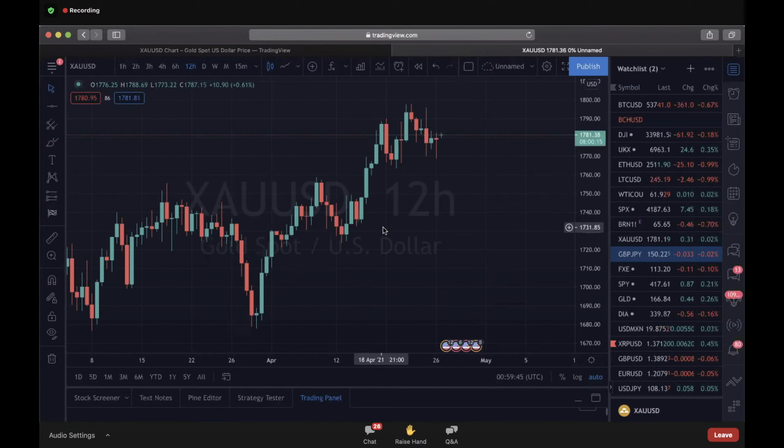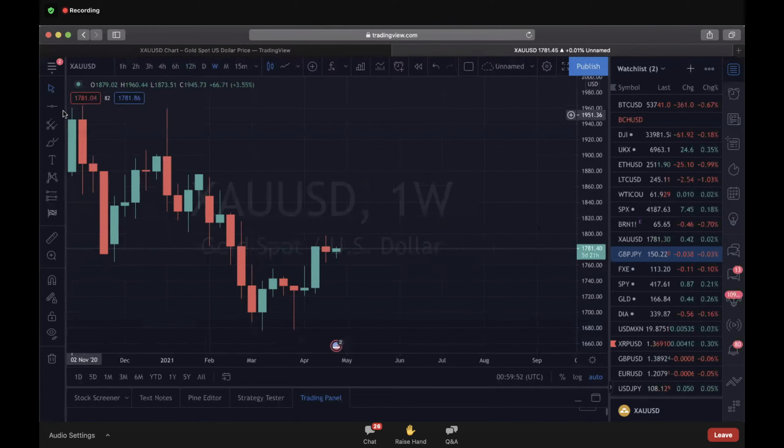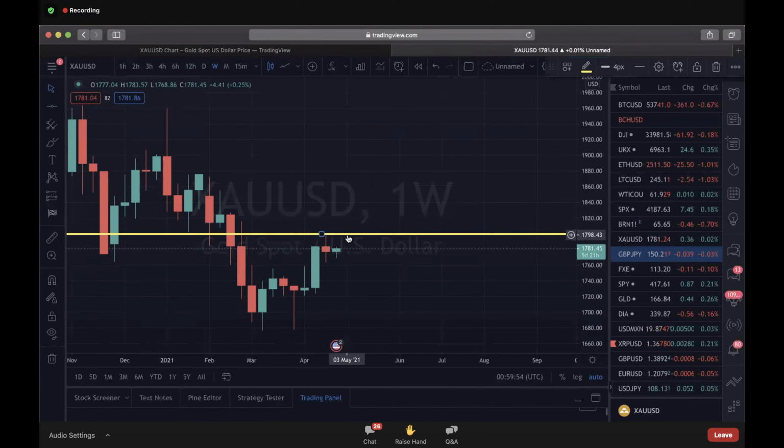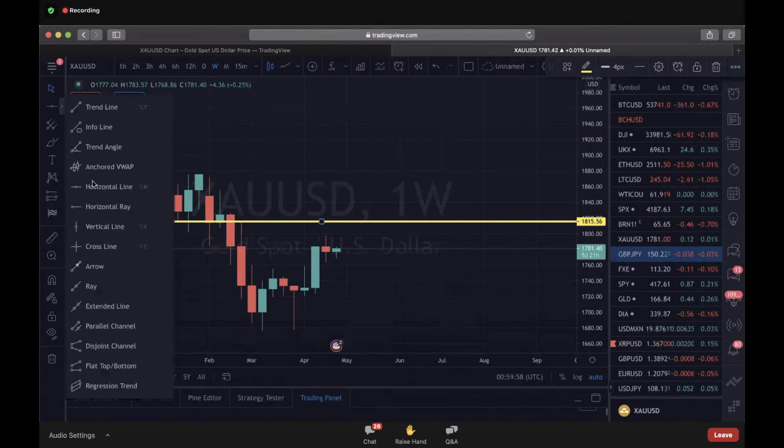Could you see gold forming a triangle pattern? Yeah, anything could happen at this point. I like to have key levels, so I'll say, hey, this is 1790. Like this will be my key levels: 1814,